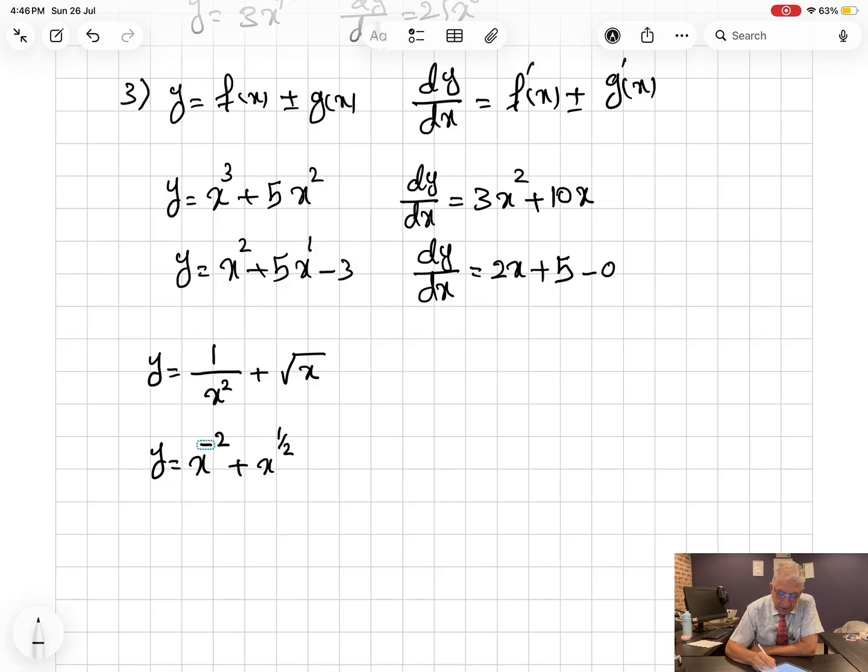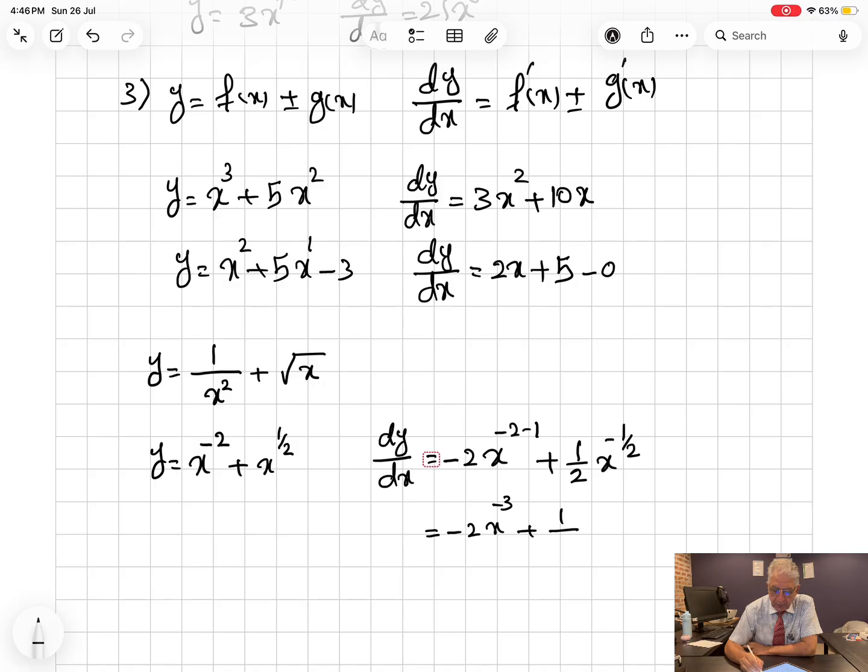Therefore, now dy by dx is equal to, this power comes down as a coefficient, therefore negative 2, x to the power of negative 2 minus 1. You are subtracting as usual. The next one, n is half, comes down, x to the power of negative half. Therefore, the answer will be, if you want to simplify it, minus 2, x to the power of negative 3, plus 1 over 2, x to the power of negative half. Now, if you don't like this format for any reason, the differentiation is done, but you can write this one as negative 2